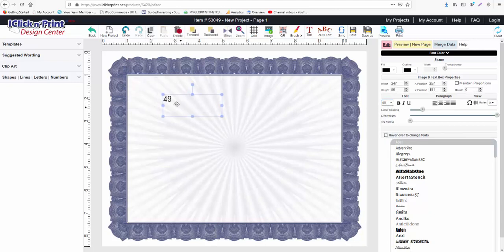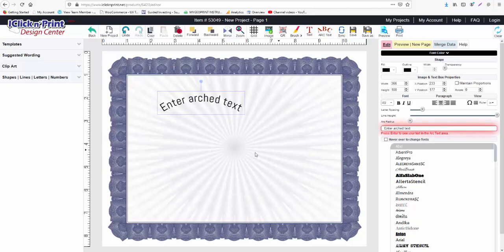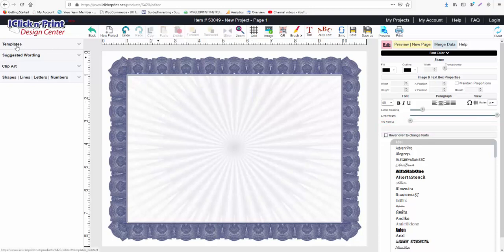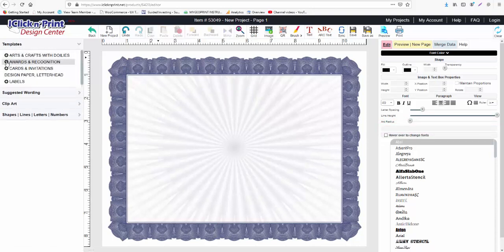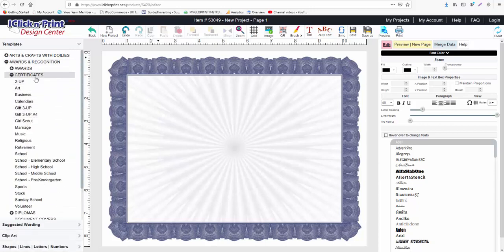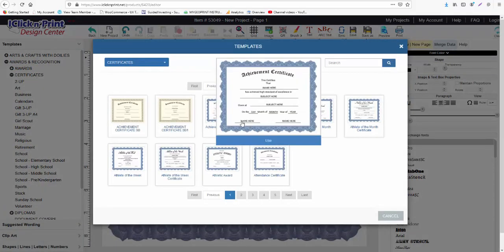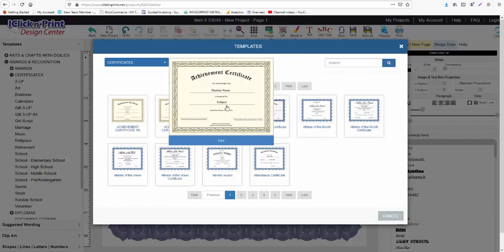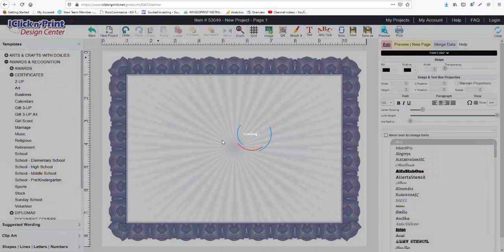Okay, so this didn't show much, but I would like to show you how to use arc text. You enter your text here as opposed to in a different area, and you have to click on and you get it. You can expand on it, so you can write diploma or certificate and so forth, but I would rather use a template because we worked very hard to build these templates. So in the order of recognition, I will choose the certificates, and I will choose one of these templates, the achievement. So I'm clicking on use,